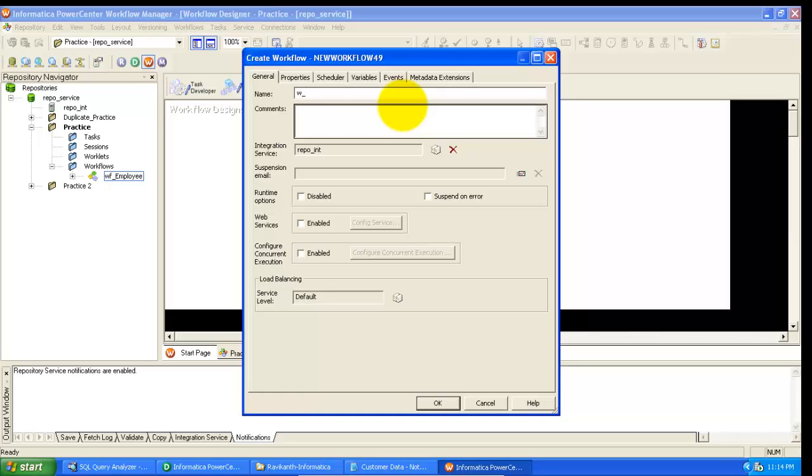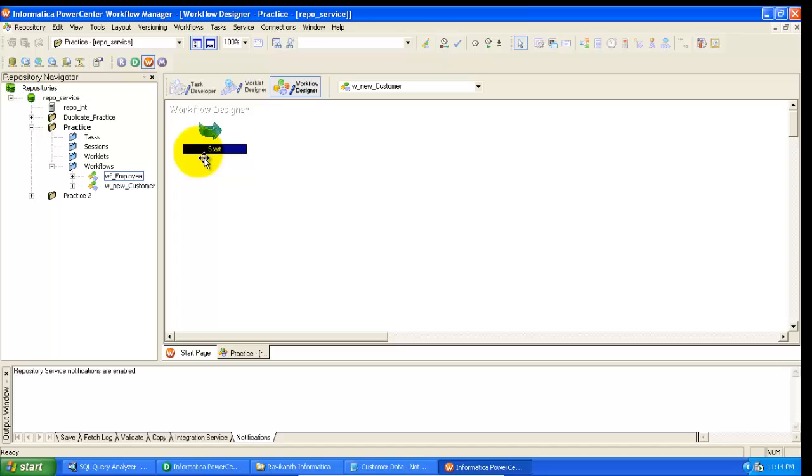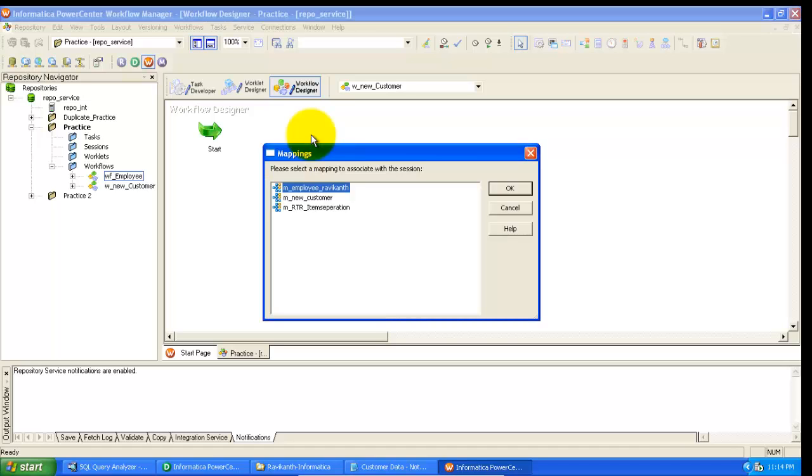Now name the workflow w_new_customer. Click OK. So this is my start point for the workflow. Now associate the session with the start point of the workflow. So once I drop the session here, I can see it asked me to associate the mapping which we created